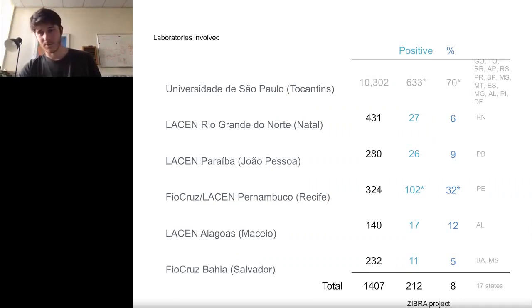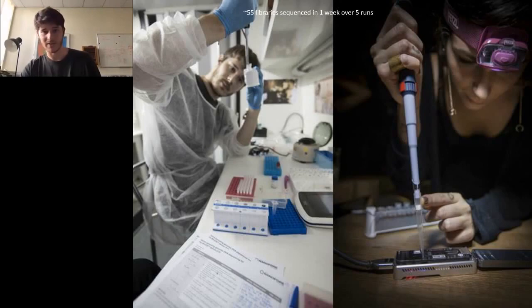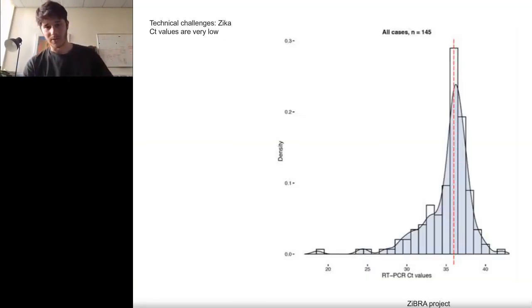And from testing the samples, we had a number of positives. The largest number of positives was from Recife. We also had others from Natal, João Pessoa, Maceió, and Salvador. So this is the number of samples. We attempted sequencing 55 samples in a week over 5 runs,